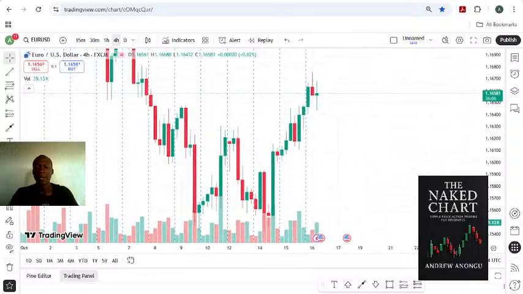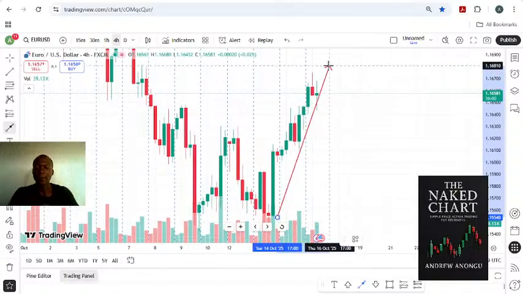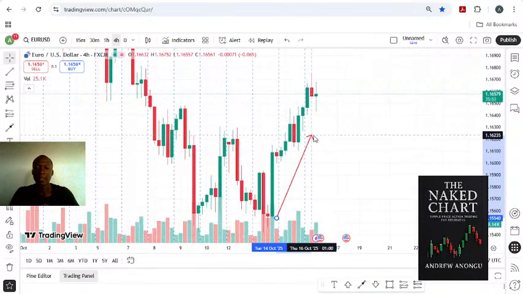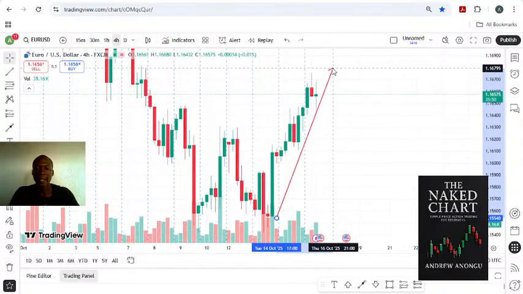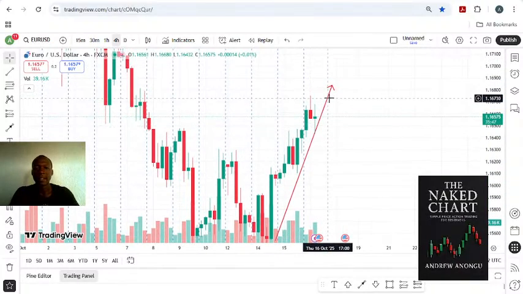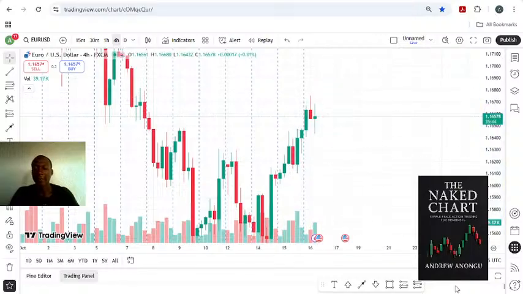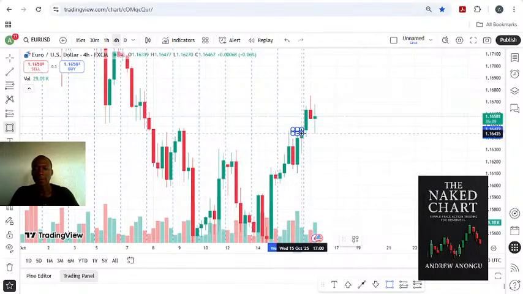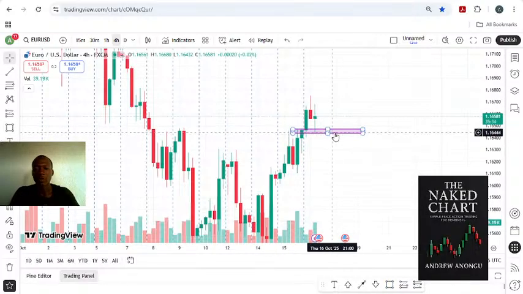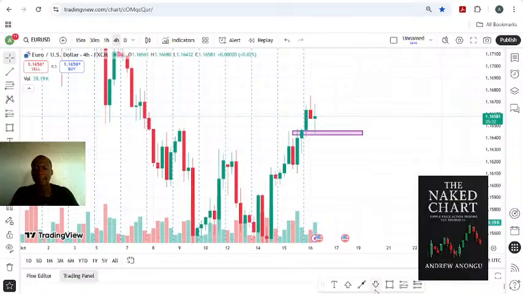So we are currently on the 4-hour, and once we identify that the trend of the market is up and price is bullish, that means we are only looking for buying opportunities on EURUSD. You can see price has been trading above the trend line and not breaking below it. So the next thing is to mark out our level, the last level that was broken. This is the level we can work with. We can identify multiple weak rejections, or we can say that this is the last higher low that was formed,